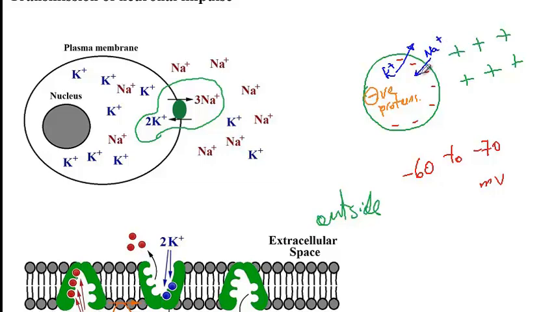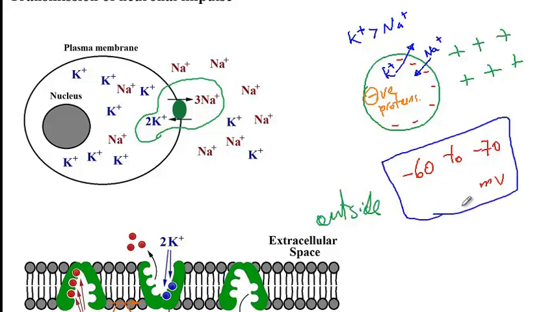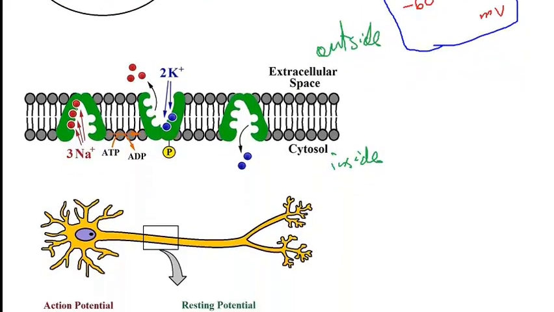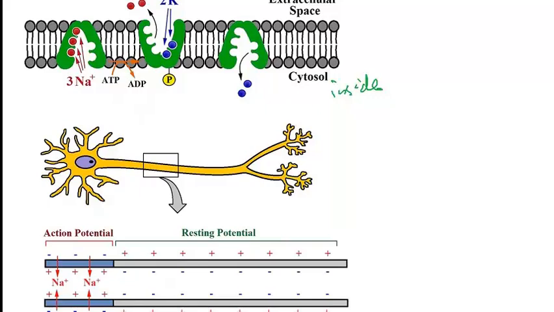However, the permeability of the cell membrane for potassium is more than sodium, as a consequence of which the amount of positive ions that leak out is more than the amount of positive ions that are leaked inside the cell. And so consequently, there would be an increase in negative potential until we reach a potential of minus 60 to minus 70 millivolt. Alright, so we just discussed 3 different mechanisms that contribute to the negative membrane potential.